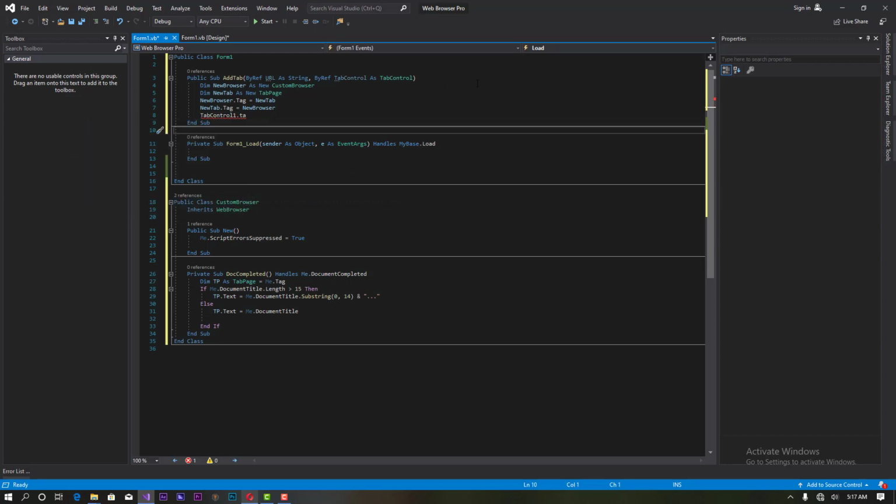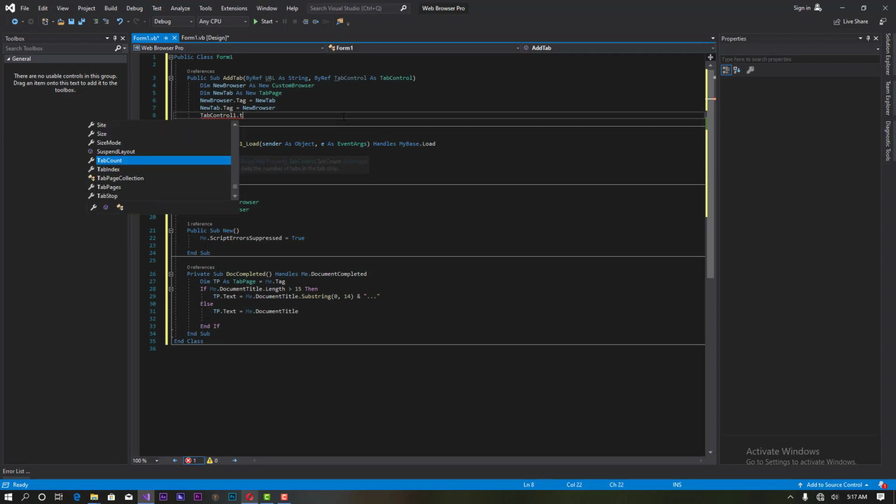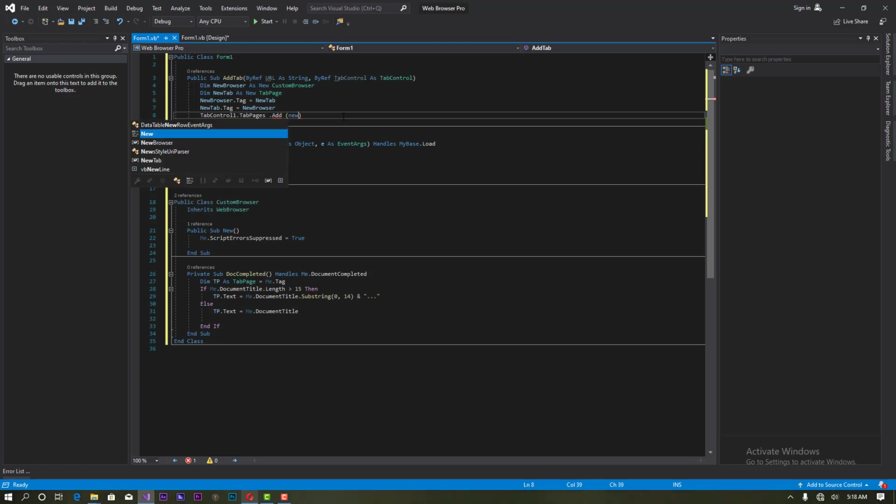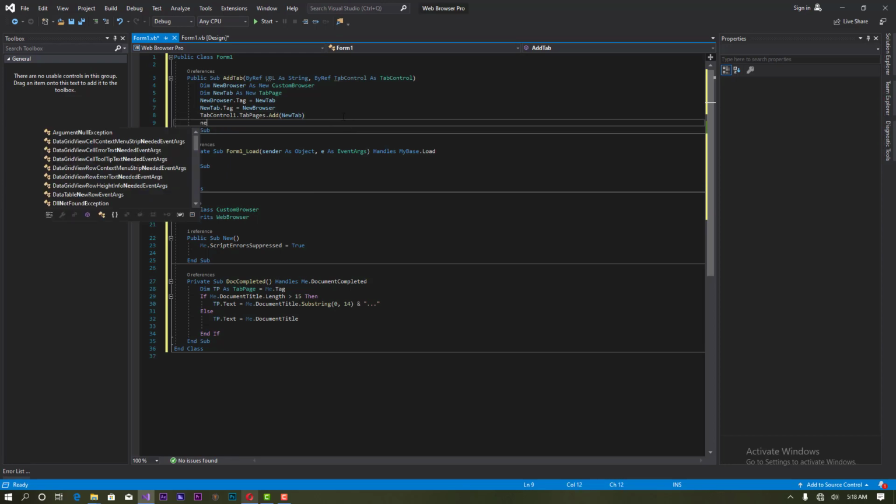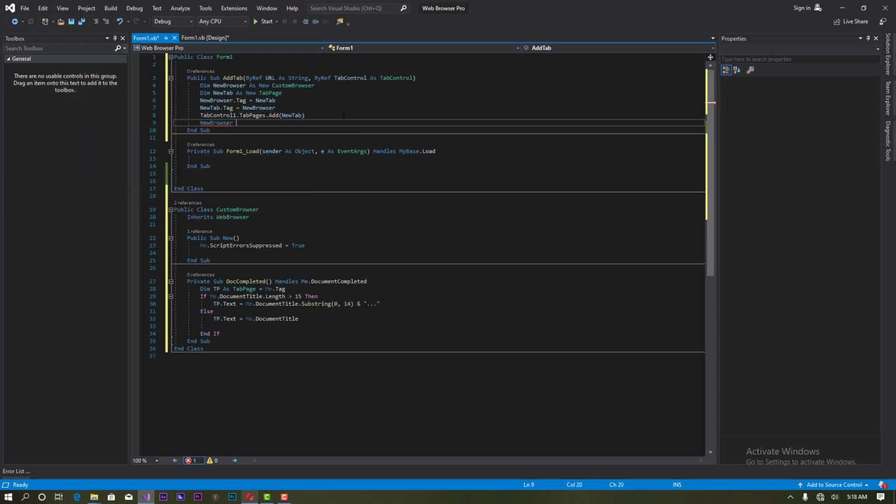Sorry, I've gotten some code wrong, so sorry for that. Then tab pages dot add. What are we going to add? We're going to add new tab. So we're going to say new browser dot dock style equals, we should dock it